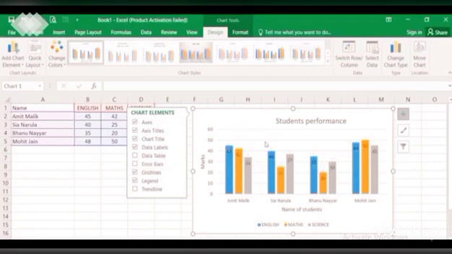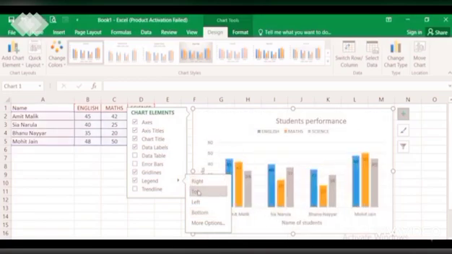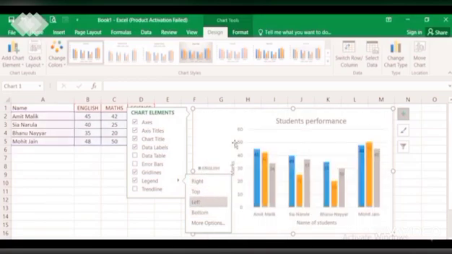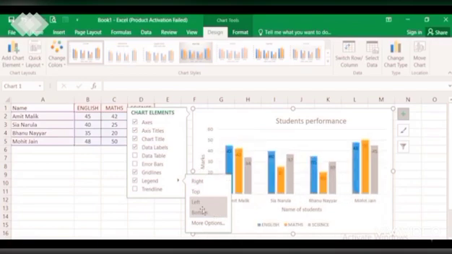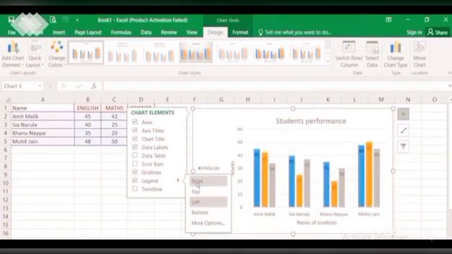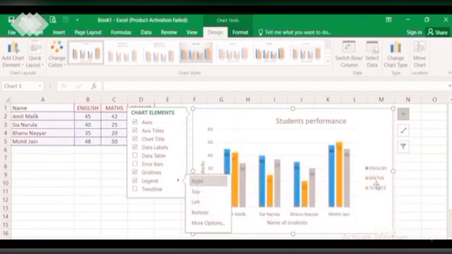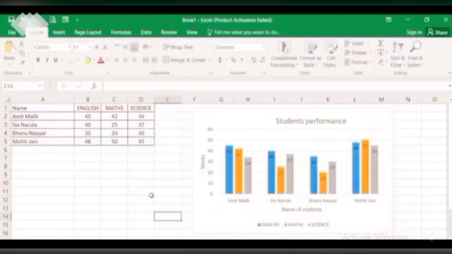Now we'll come to the grid lines. These are the grid lines that you can see, the light transparent lines at the back. If you don't want, just switch it off. If you want, just click it on. Legends are these colors which are there, as you can see. Now you can even choose whether you want them on the right, top, or left. You see different types of placing are available for the legends, that is how you want the legends to be. Let's have it on the right side. Here it is. Or we can even have it at the bottom. That's all with the basic chart elements.